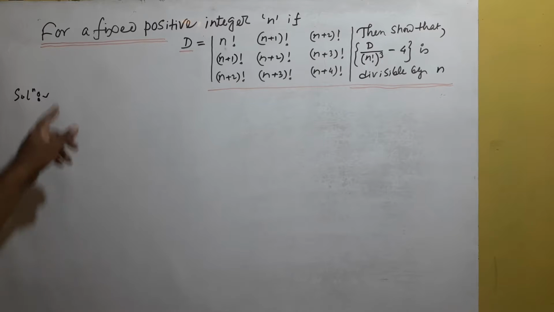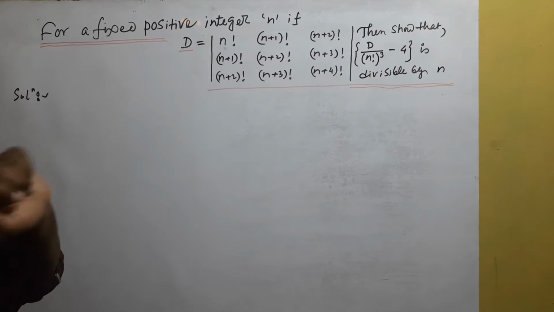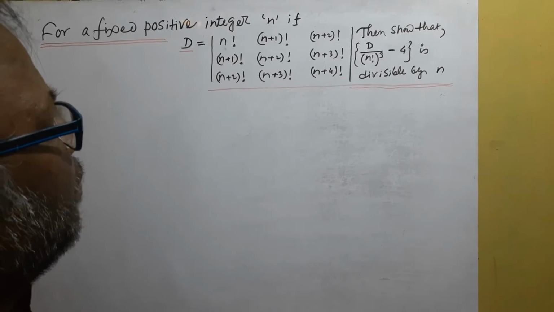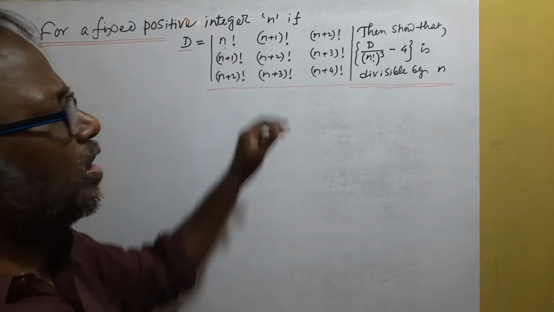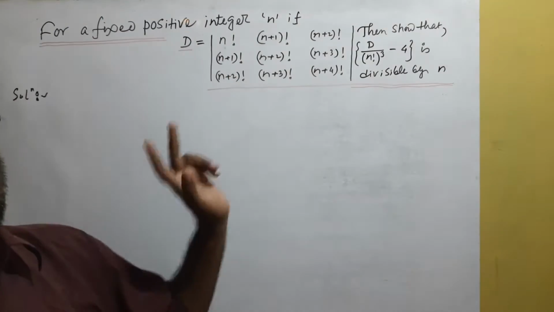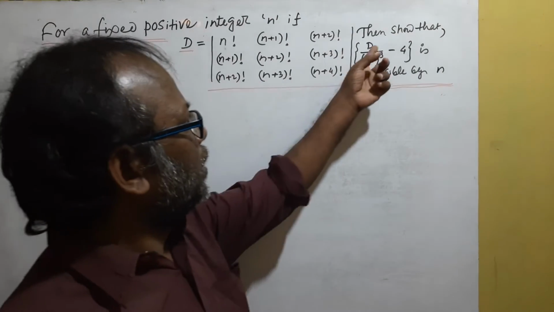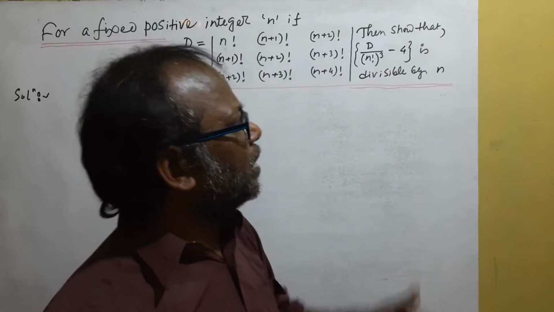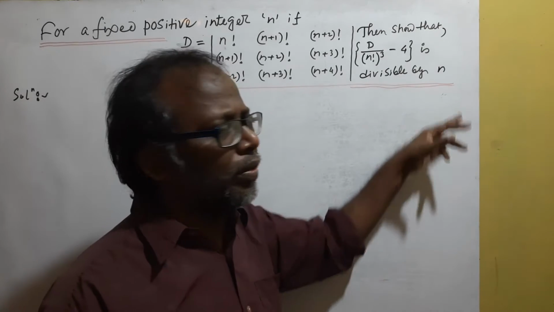problem. For a fixed positive integer n, let D be the determinant with first row factorial n, factorial n plus 1, factorial n plus 2; second row factorial n plus 1, factorial n plus 2, factorial n plus 3; and third row factorial n plus 2, factorial n plus 3, factorial n plus 4. Show that D divided by (factorial n)^3 minus 4 is divisible by n. Okay,